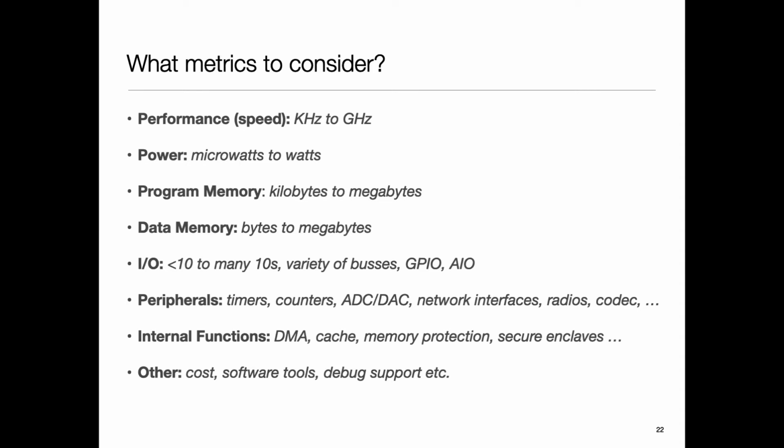Then power, actually I should probably say, commercially you can buy stuff which is maybe nanowatts to watts in the active mode, and in sleep mode picowatts to microwatts. Program memory, this is where microcontrollers, because you're integrating everything onto the same chip, your program memory has to be persistent, so commonly we use flash, and you're probably going to have a few meg at most.